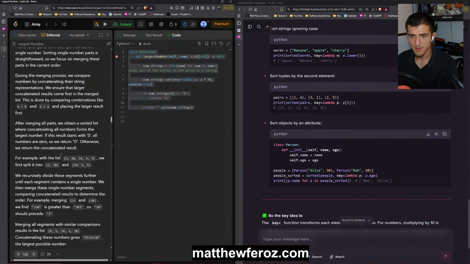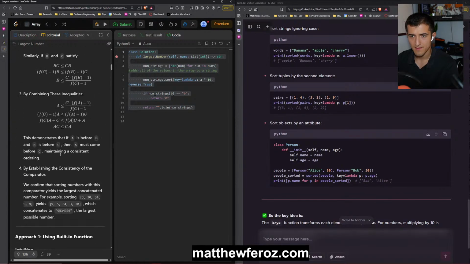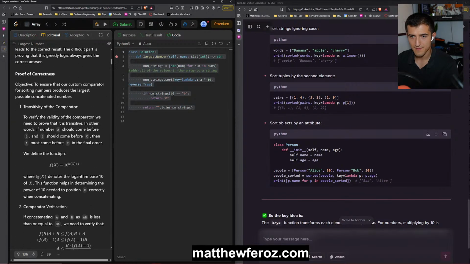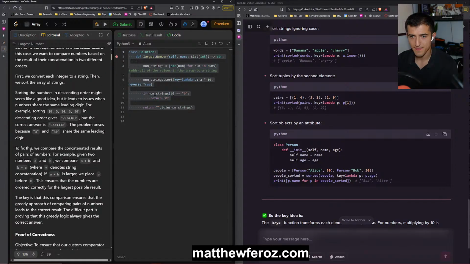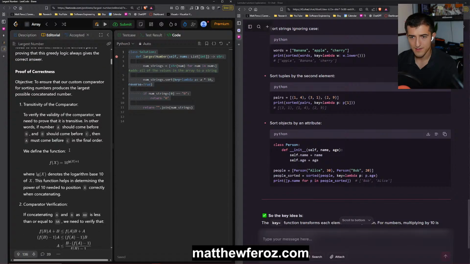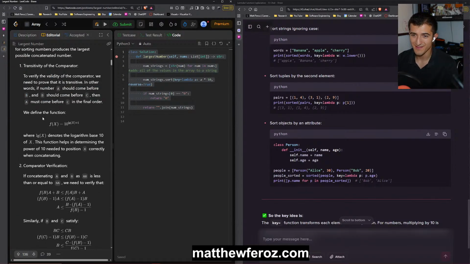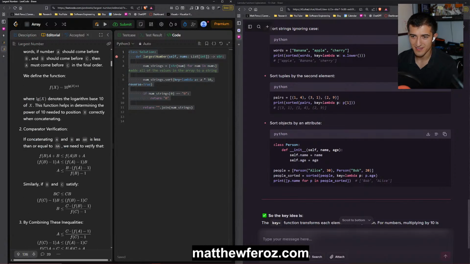For this top one, okay. Yeah. Just the largest possibly. Yeah, I'm not sure about this implementation over here. Comparator verification.